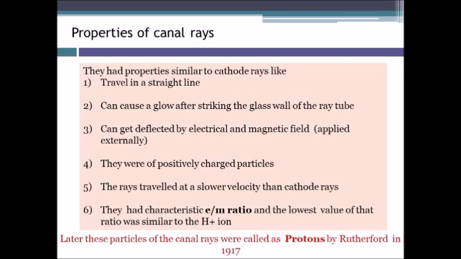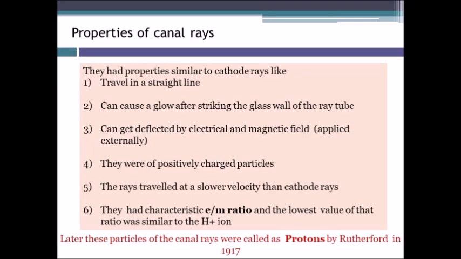So, how did he find this? He observed the velocity of the rays of these cathode, that is in the previous experiment and Thomson's experiment, the cathode rays were studied, and here Goldstein studied the rays of the anode, which originated from the anode and traveled through the cathode. He found that the velocity of these rays was much slower compared to the cathode rays.